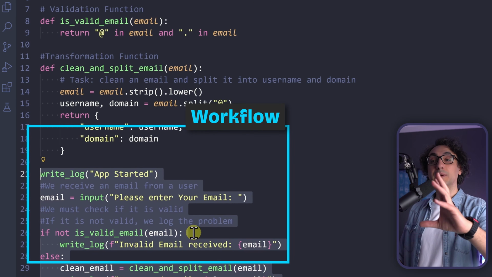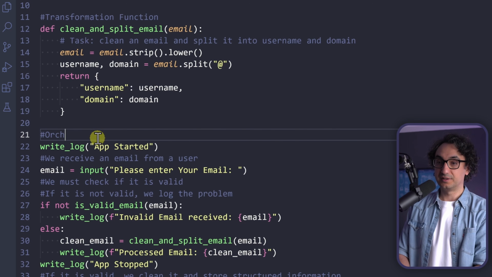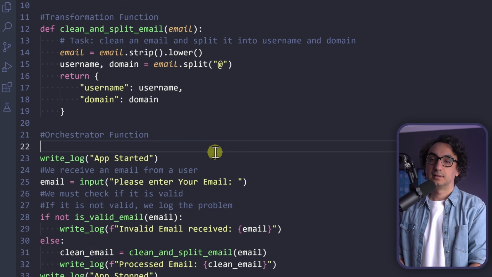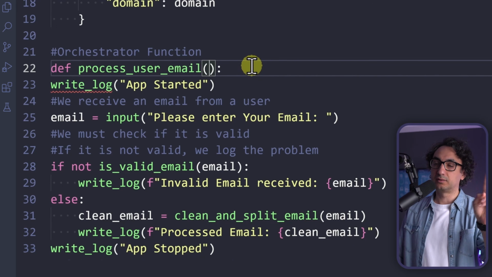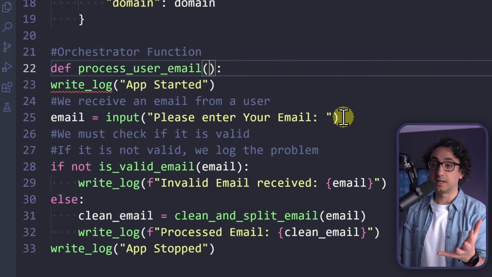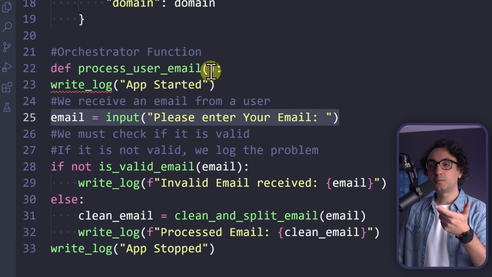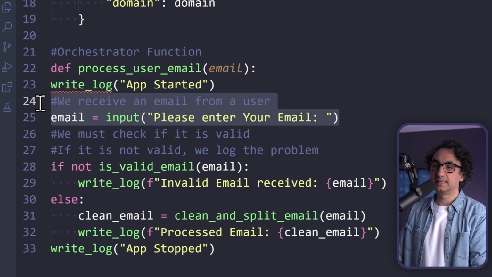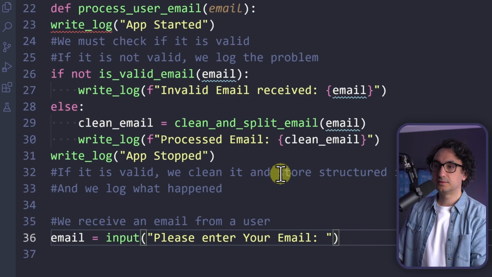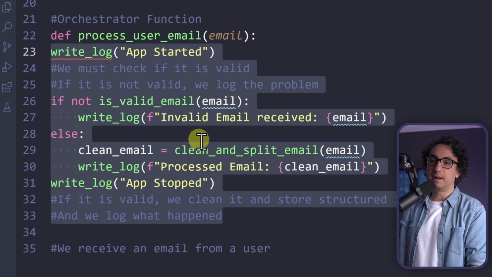Now what we can do actually, we can put the whole thing inside a fourth function. So here we're gonna have our orchestrator function. And as usual, we're gonna start with a def, and then we're gonna say process user email. And now about the input here, we have like two options. Either we're gonna leave it empty because we are getting the email from the input, or we take only this step outside and we send to this orchestrator the email. So I'm gonna go with the second option. I'm gonna take this step completely outside and just put it here at the end. So now the orchestrator gonna get an email, and everything else gonna go inside the body of the orchestrator.